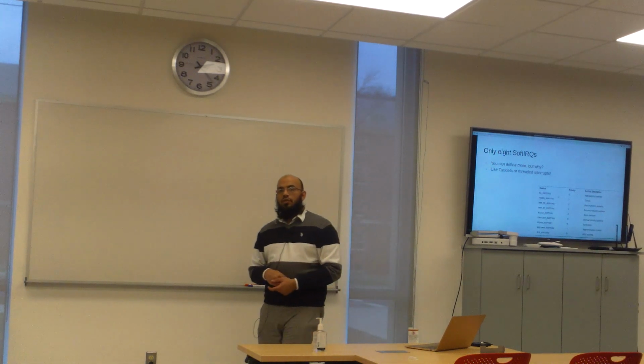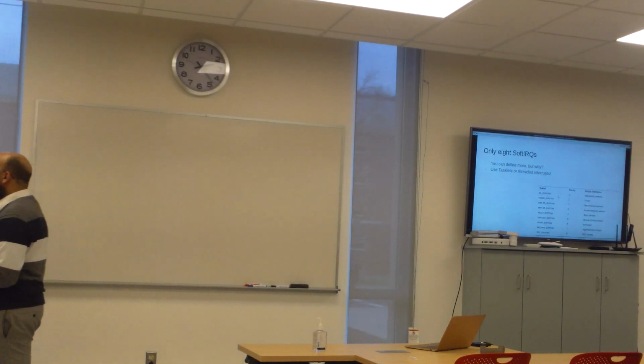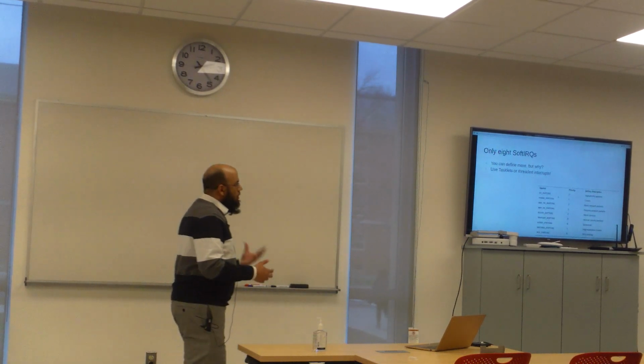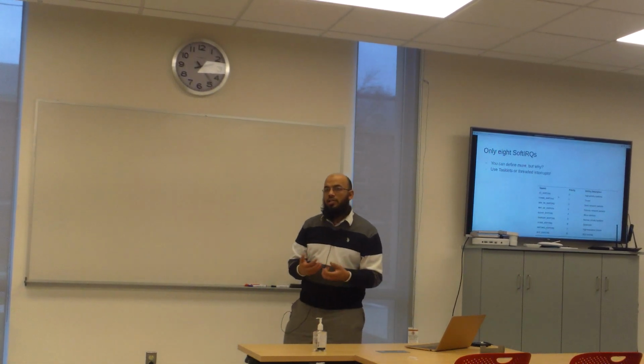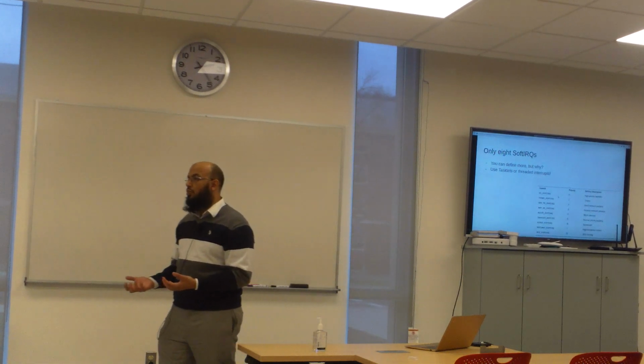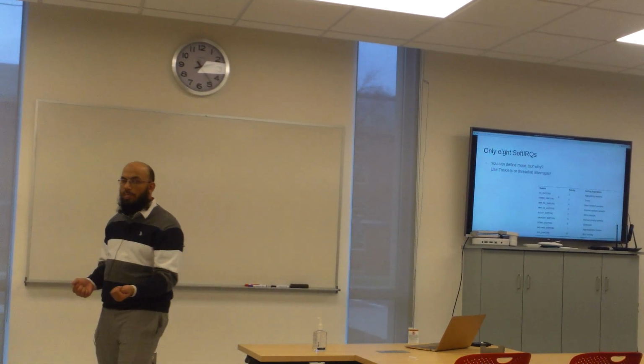As I said, there are only 8 softIRQs, and these are: 0 for high priority tasklets, 1 for timers, 2 for send network packets, 3 for receive network packets, 4 for block devices, which is basically your hard disk, 5 for normal priority tasklets, 6 for the scheduler, 7 for high resolution timers, and 8 for RCU logging. These are the only IRQs that are defined. Typically, you only deal with softIRQs as a kernel developer if you're working on the network subsystem or the I/O subsystem. Okay.